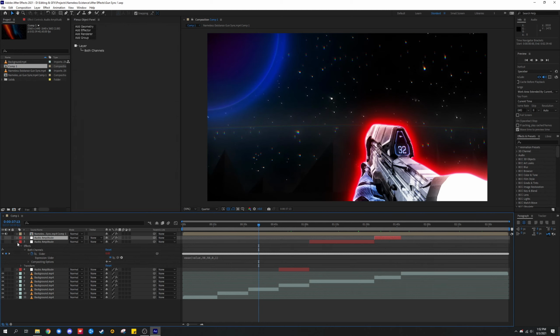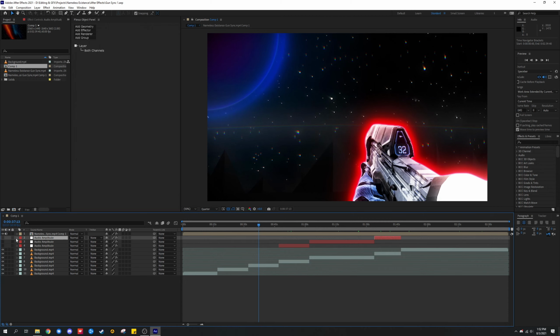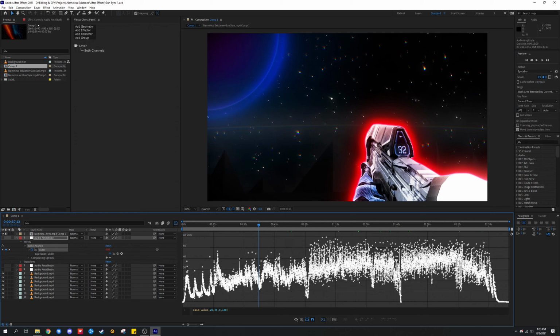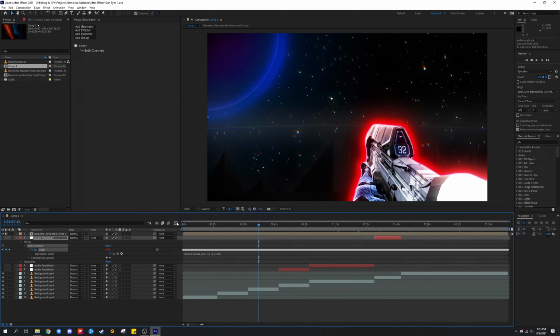I just simply added ease value in parentheses and then wrote whatever value I found fitting according to the graph that is shown. If I do this over here on screen, just click on the slider, just click on this little thing over here, graph editor, and it shows something like this, which is the whole song, and you can just hover over points and it tells you the value or the units, and it can give you an idea of what values to put whenever you're typing what I typed,